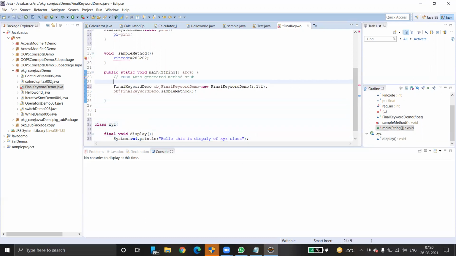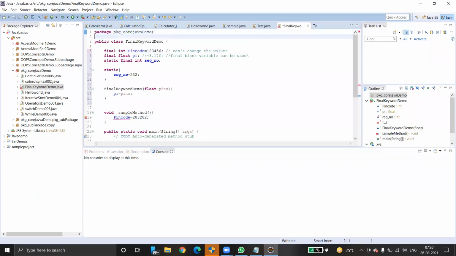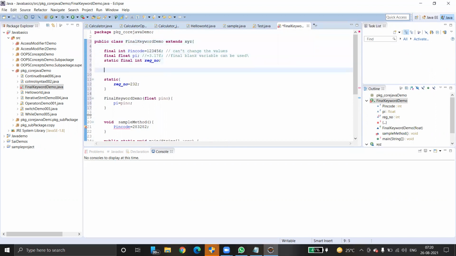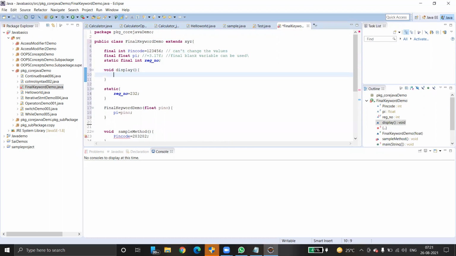How to override? Extends XYZ. Inside this, you can simply use void display and print something.